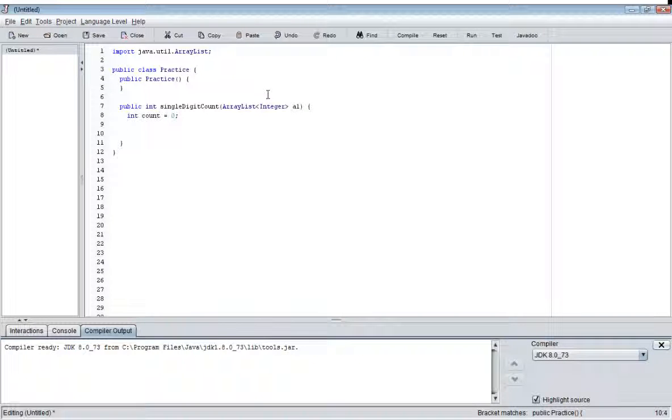So let's do that. First, I'm going to put in a little comment that's describing what we are doing. Running through array list, counting